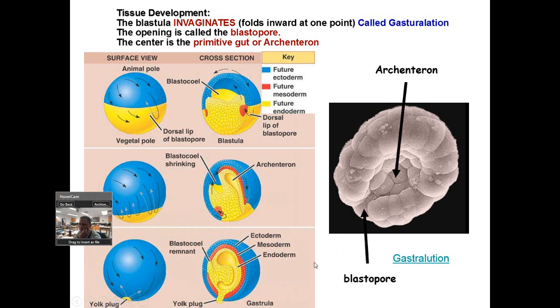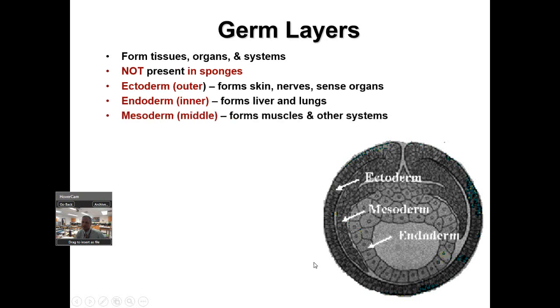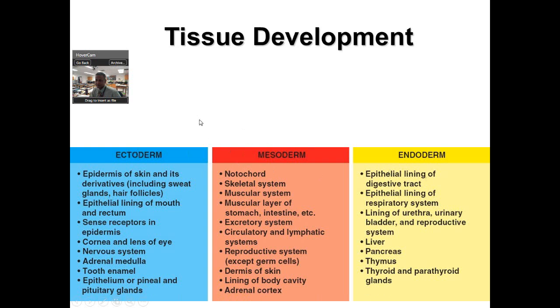There it is. So animals have distinctive embryonic layers that we call germ layers. 2 of the simpler ones only have an ecto and an endo, but the more complex ones have a middle layer. And you can see where these germ layers turn into actual tissue. All right? And this is just a little more elaborate. I would pause the video if you were taking notes on this. There's the ecto, meso, and endoderm.